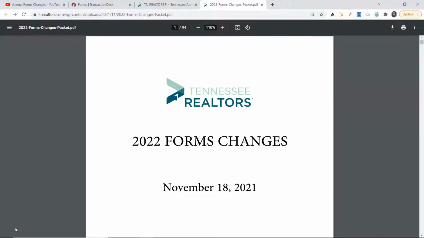I wanted to share with you the 2022 forms changes. As you guys have probably seen in some emails coming out, there actually are some changes coming to the forms. So this is going to be a really high level view of what those changes are. I'm going to do some additional videos as well, specifically talking about some of these forms and diving in a little bit more and answering some of those questions or giving you some information that I found out whenever I